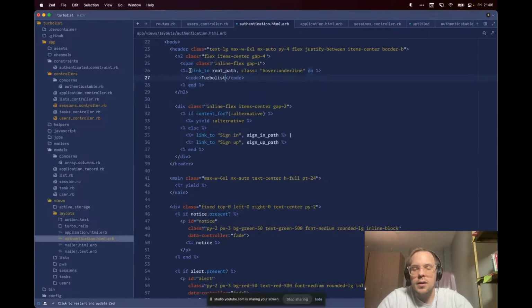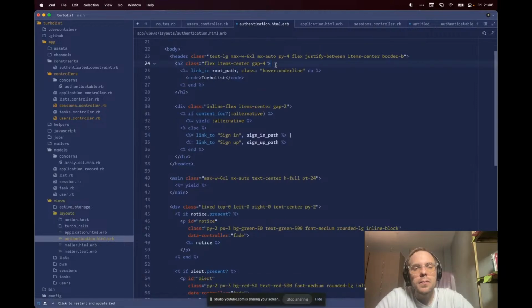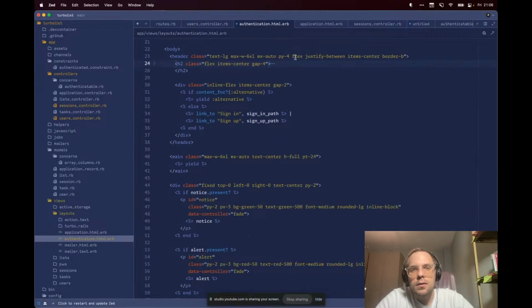And so I have a link, like this is the standard top left of your application, has the name of the application with a link to the root. And on the other side of the screen,